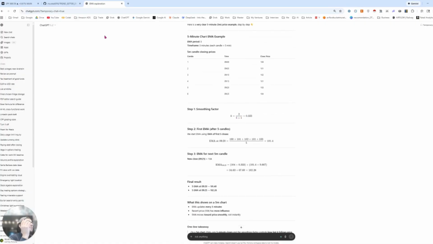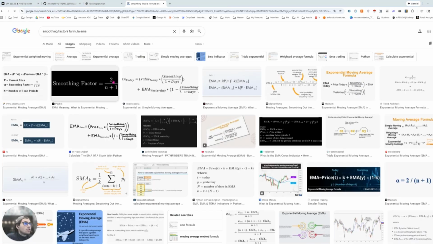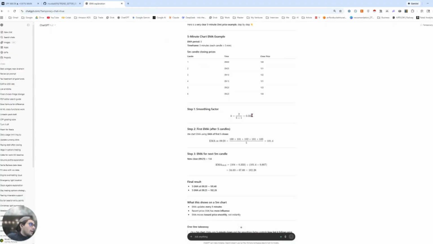The smoothing factor is 2 divided by n, where n represents the periods, which is 5 in this case because we're using 5 minute time frames. Then this is our smoothing factor. Then what we do is sum all of these close prices and divide by 5, because we took 5 periods of 5 minute time frames. Then we got this